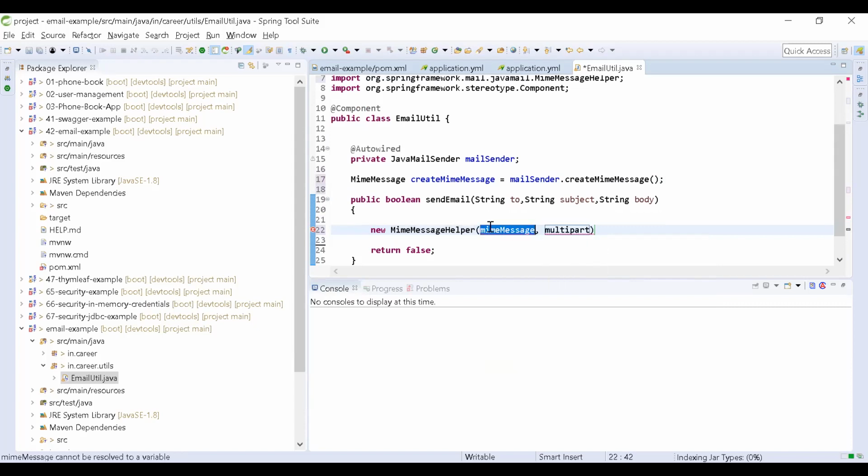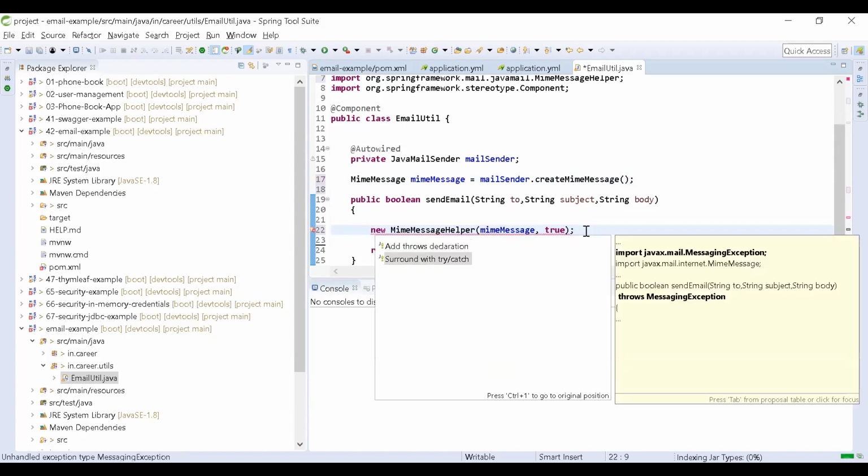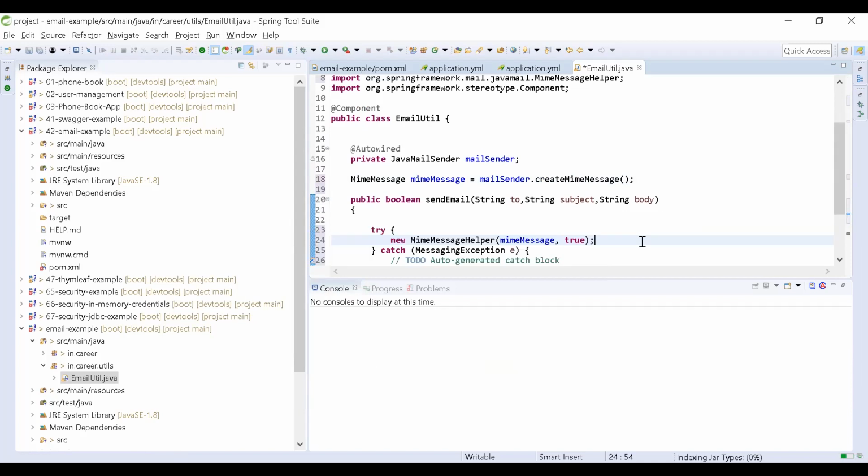We have created the required MimeMessage. Then I'll pass here true. I'll use try and catch.